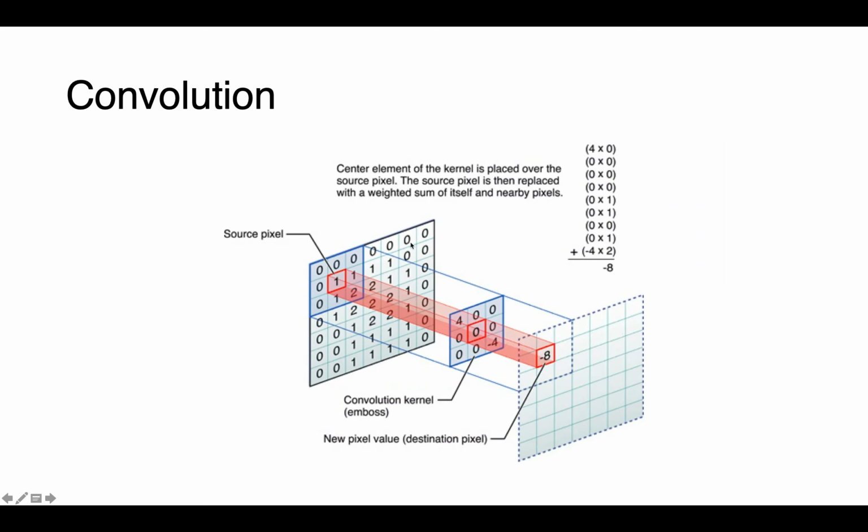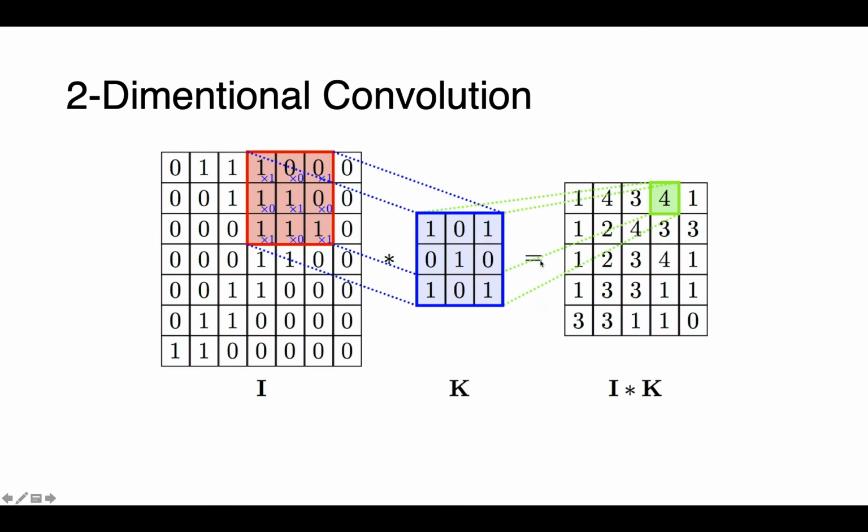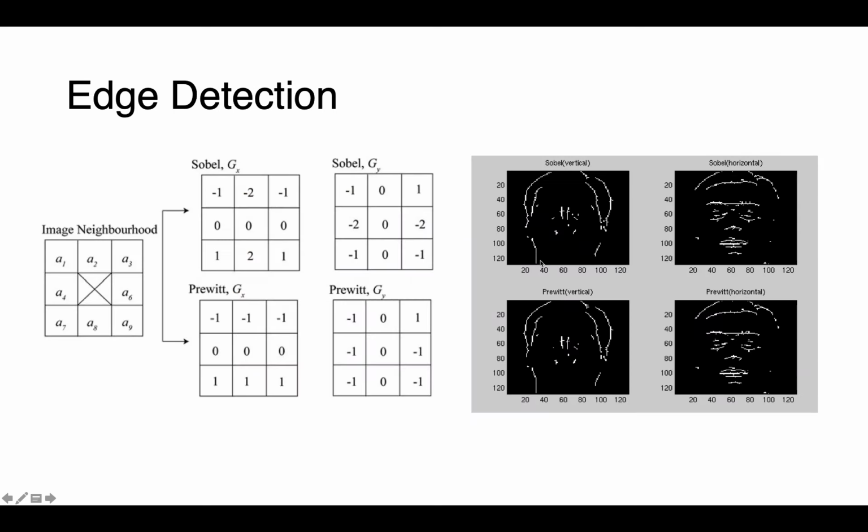And here again, let's have a review of convolution. The convolution kernel will go through the image from here to there. That's the 1D convolution we talked about, and this is 2D convolution. For image processing, this is an example to show how a convolutional kernel works. Different convolutional kernels can give you different effects of processing. For example, if you have a kernel like this, then it will capture the